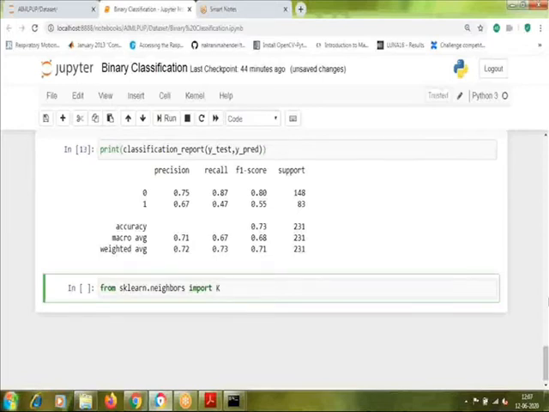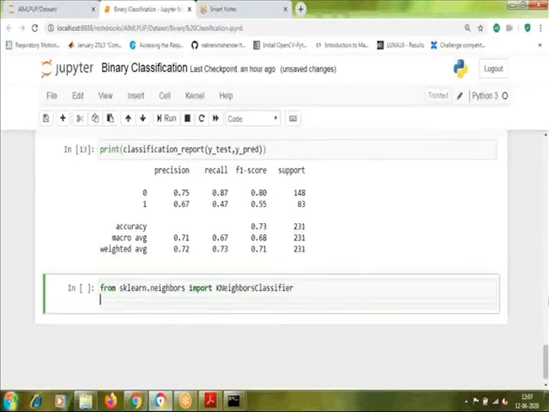So it is K and N capital, k-neighbors, and we are using this for classification purposes, so it is KNeighborsClassifier.